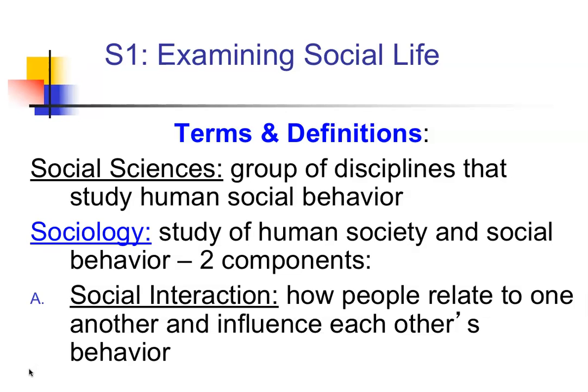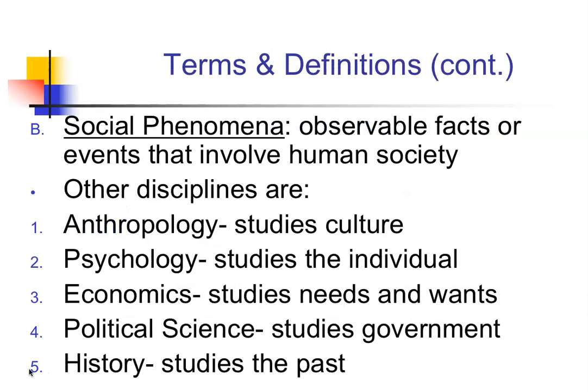And we look at things at what's called the micro level, meaning what's happening in relationships, but we also look at things at the macro level, meaning how they're playing out in the United States as a whole. Now, sociology doesn't just focus on social interaction. It's also about social phenomena, meaning there are different facts or evidence that people are compiling. It's not just based off one random person's observation. Otherwise, we couldn't call it a true science.